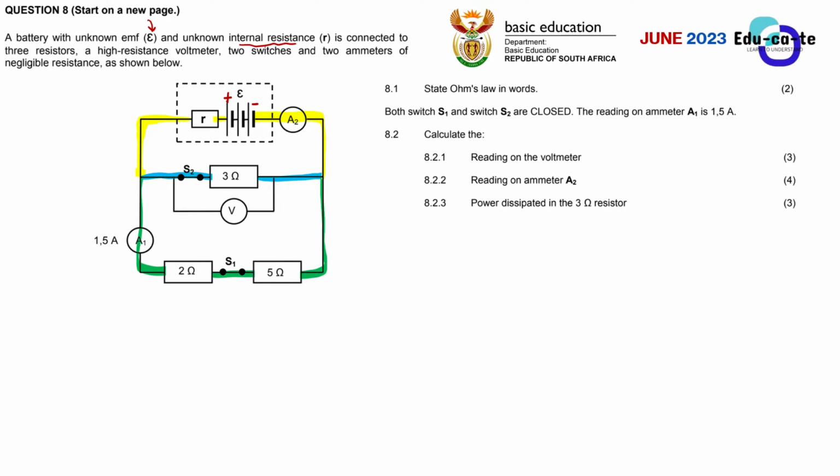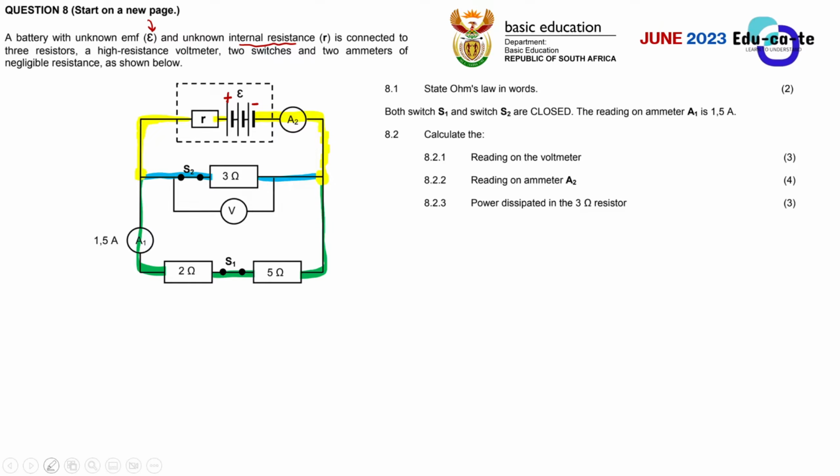So what are we having here? We have the yellow current, which is the total current coming from the battery. As it flows and reaches here, it realizes that it has to take 2 paths. It has to split. Some of it will go to the 3 ohms resistor, and some of it will go to the 2 ohms and the 5 ohms resistors. The blue one is going to the 3 ohms resistor, and the green one is going to the 2 ohms and the 5 ohms respectively. And then they will recombine again here, and when it recombines, it becomes the total current again.